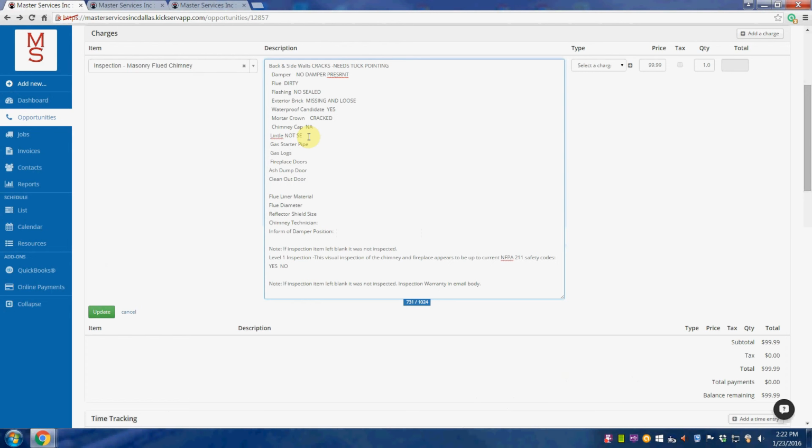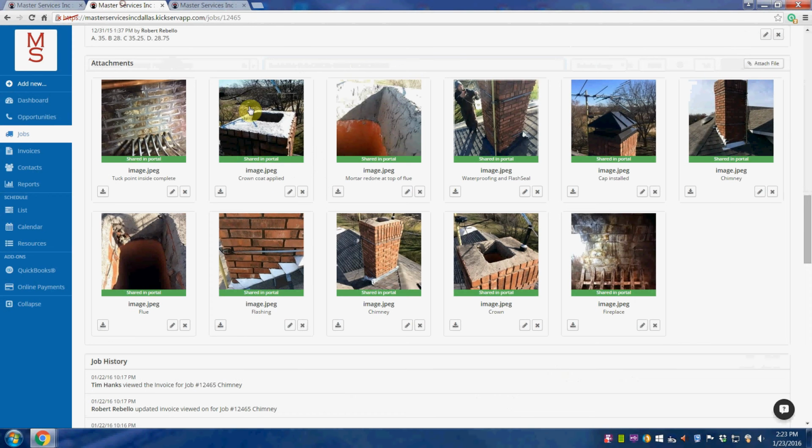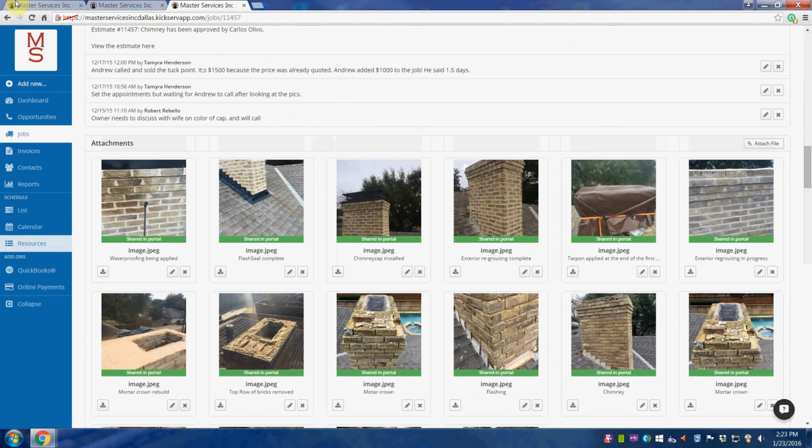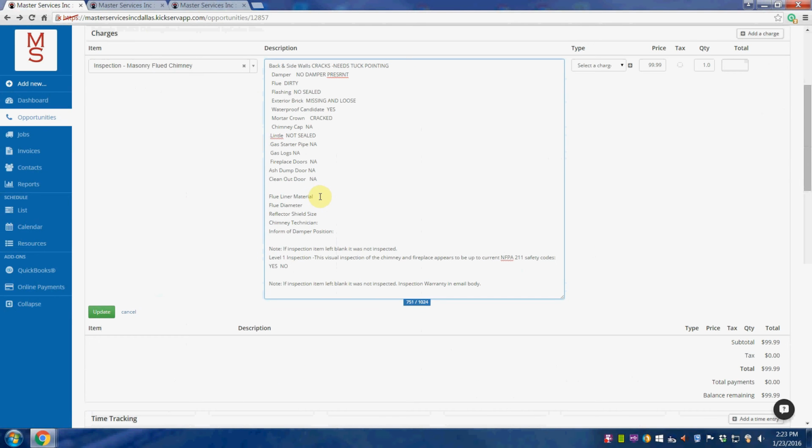And you'll take a picture of all these as you see that we did, and put this on their deal, and there'll be another lesson on how to put pictures on. No starter pipe, gas logs, NA. There are no glass doors, NA. There's no ash dump door, NA. No clean out door, NA. Flue liner material, we'll say we'll use this one. The flue liner material is terracotta. See that right there? Terracotta. The clay. So you can put clay,